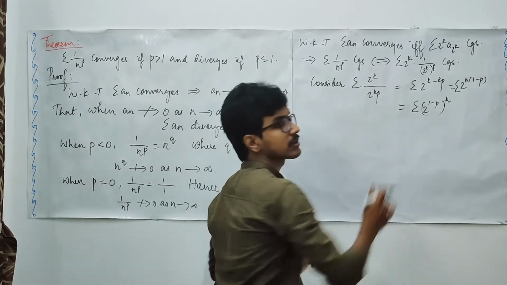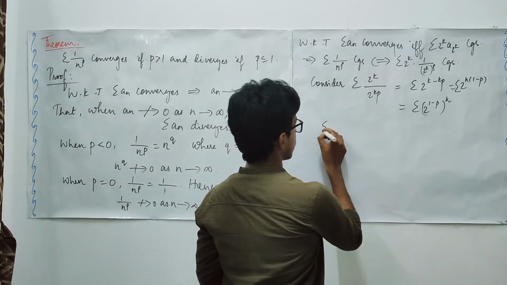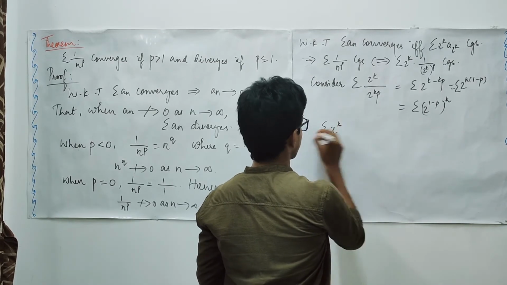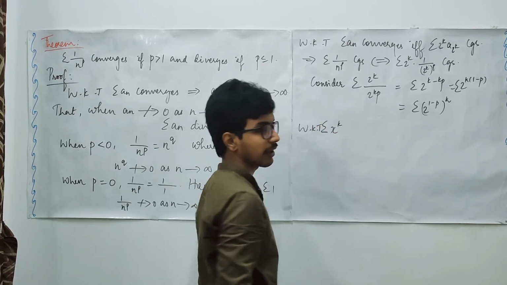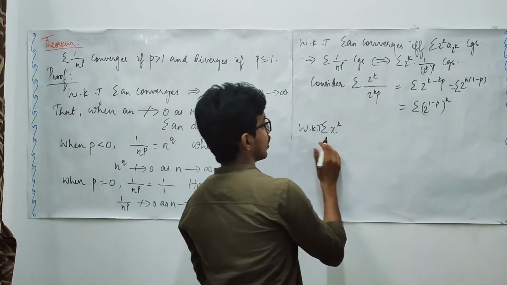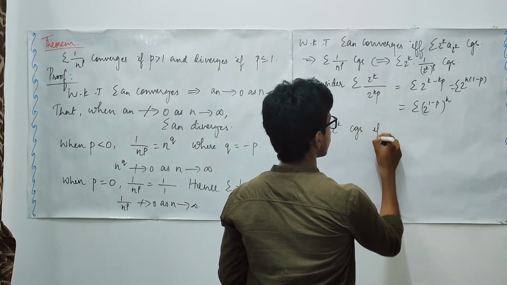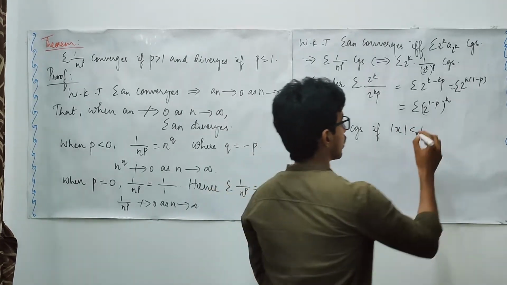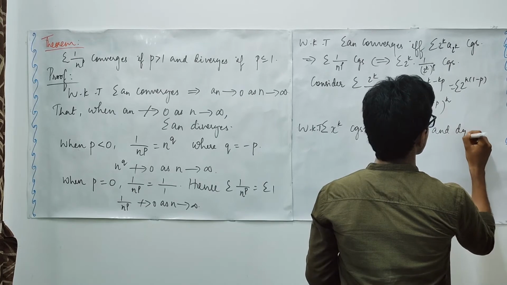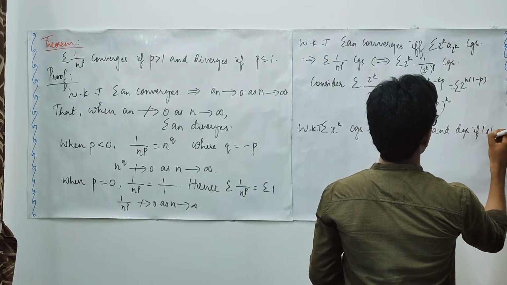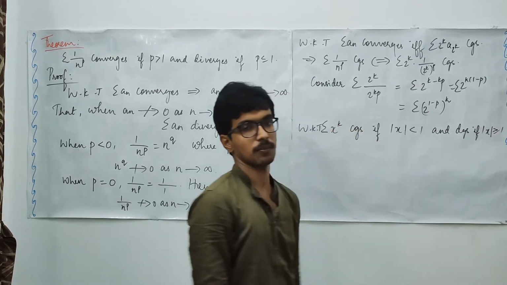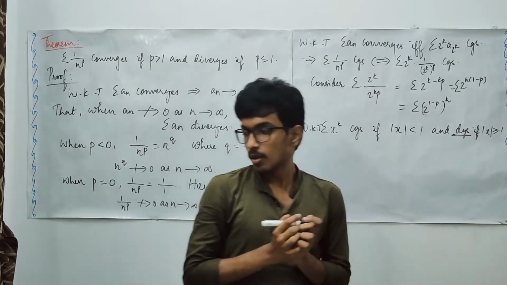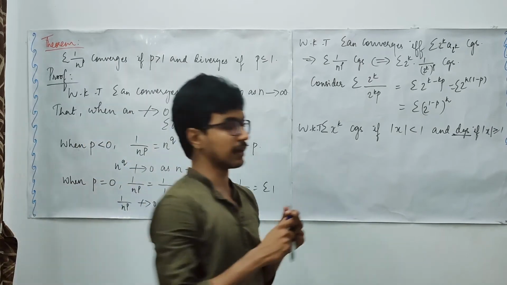When does this series converge? Summation, that may be taken as x. Generally I am writing, this is one of the results that we have seen in the previous videos. Summation x power k converges if absolute of x is less than 1, and is going to diverge if absolute of x is bigger than or equal to 1. Right? Here by divergent I mean both divergence and oscillates.